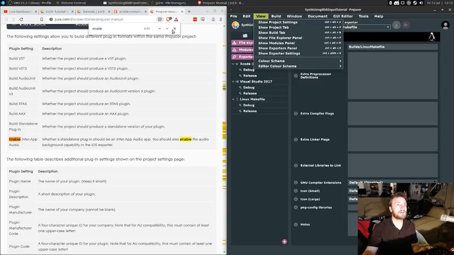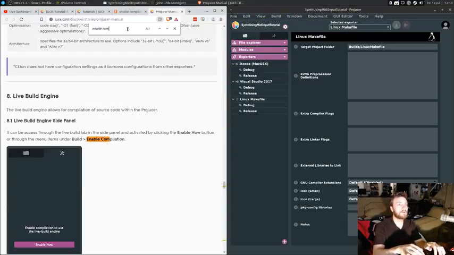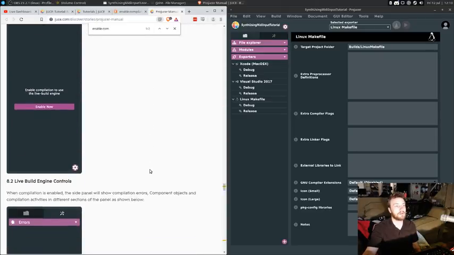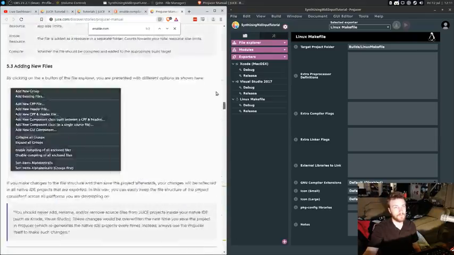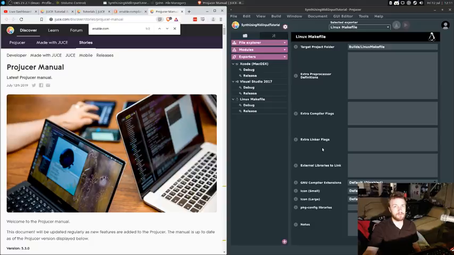What was it? Enable compilation. Live build engine side panel. It can be access. Come on, JUCE, you're killing me here. It can be accessed through the live build tab. What can? The live build engine in the side panel and activated by clicking the enable now button or through the menu items, build and enable compilation. So I don't need live build. I don't want live build. What I do want, excuse me,